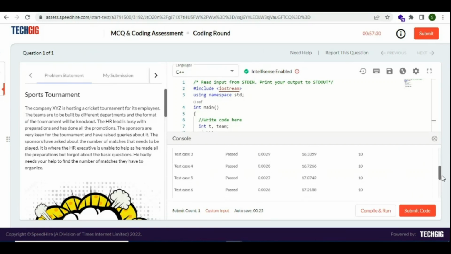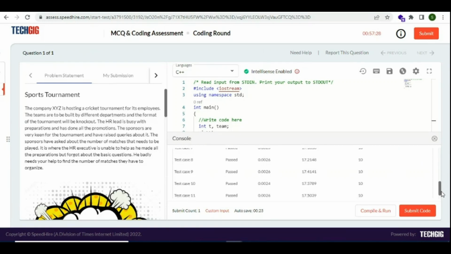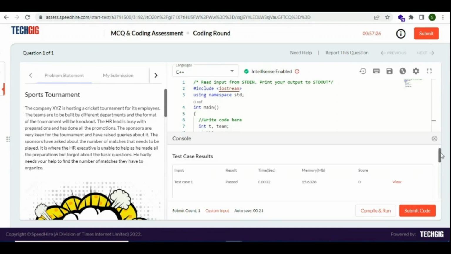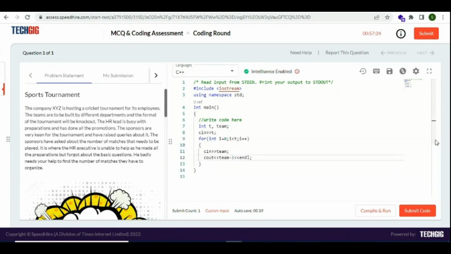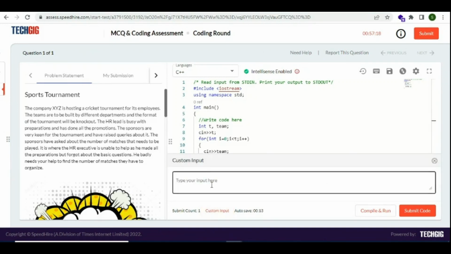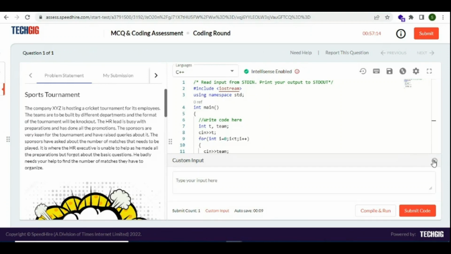So as you can see over here, I have written a right code and I'm able to clear all the test cases. Okay. Now, since the hidden test cases are not visible to you, so you can use custom input where you can enter random input and run your code against it to check whether your code is able to clear it or not. Please note,